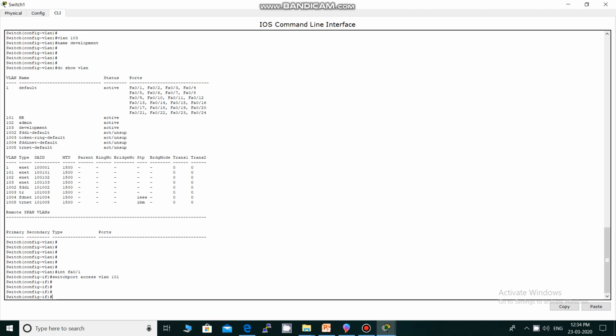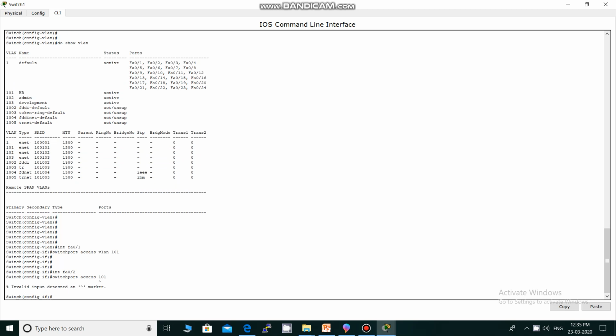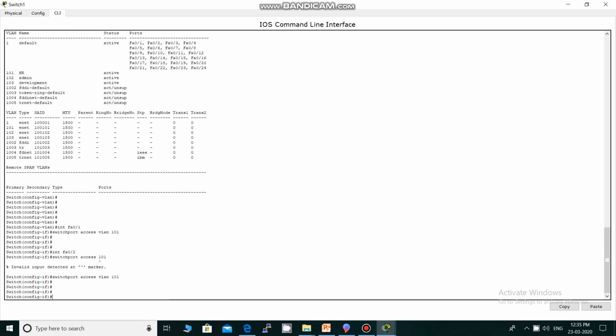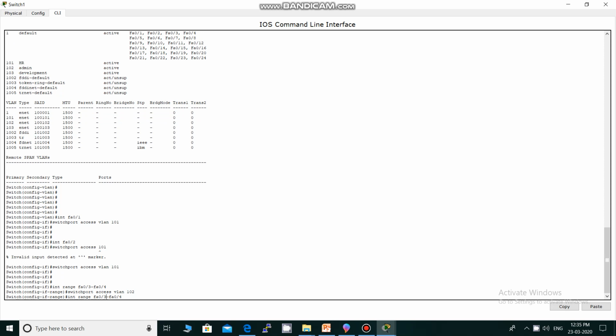Once we add this command, the Fa0/1 port will be assigned to VLAN 101. Then interface Fa0/2, switchport access VLAN 101. Similarly, interface range Fa0/3 to 4 goes to VLAN 102, and Fa0/5 to 6 goes to VLAN 103.